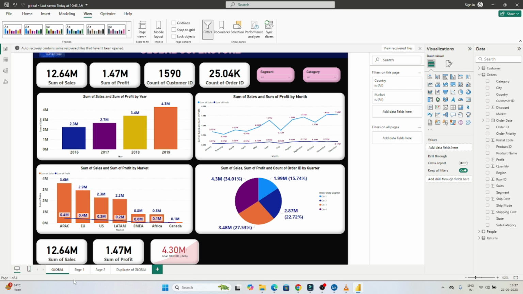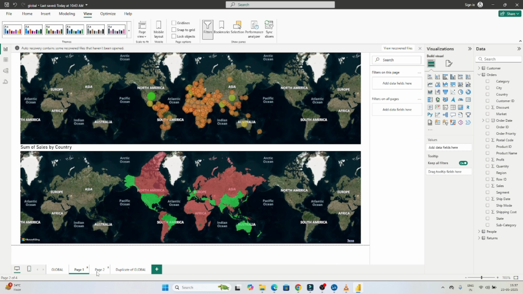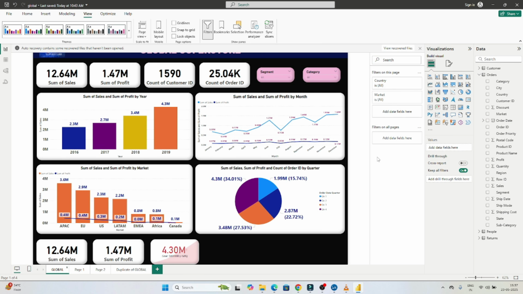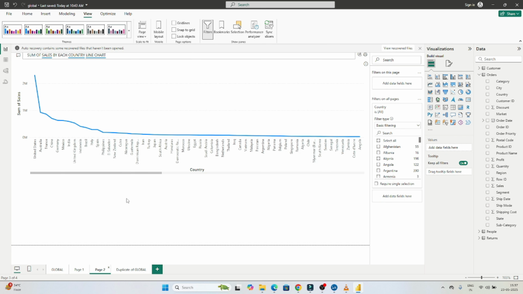Now the second option is a filter on all the pages. So you can see as of now we have all these pages. This is one page, this is another page, and this is one page. Now suppose I want to apply a filter for all the pages. How actually can I do that? Suppose this country, if I apply a filter on all the pages here. Now if I select, as of now in page 2 you can see it is showing